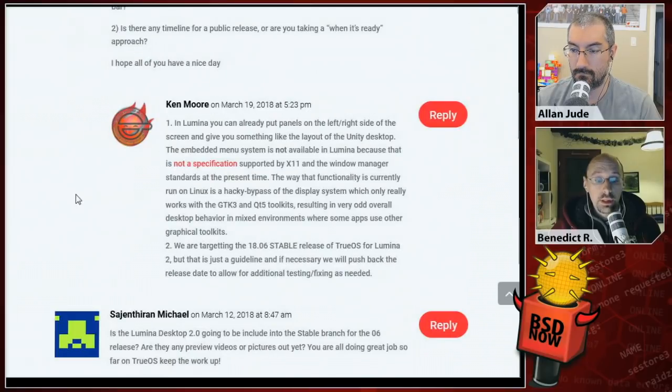So the answer to the first one is that in Lumina, you can already put panels on the left and right side of the screen and give you something like the layout of the Unity desktop. The embedded menu system is not available in Lumina because it is not a specification supported by X11 and the window manager standards at the present time. The way that functionality is currently run on Linux is a hacky bypass of the display system, which only really works with the GTK3 and Qt5 toolkits, resulting in a very odd overall desktop behavior in mixed environments where some apps use other graphical toolkits. Yeah, you get that a lot if you mix different applications that were not using the same